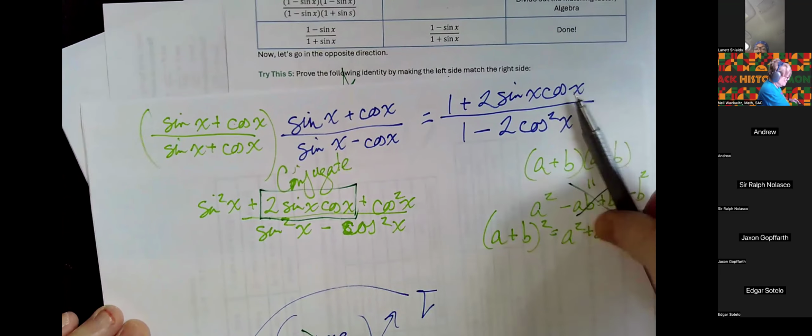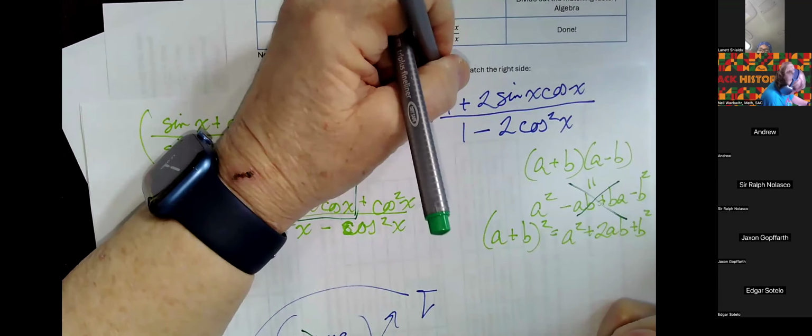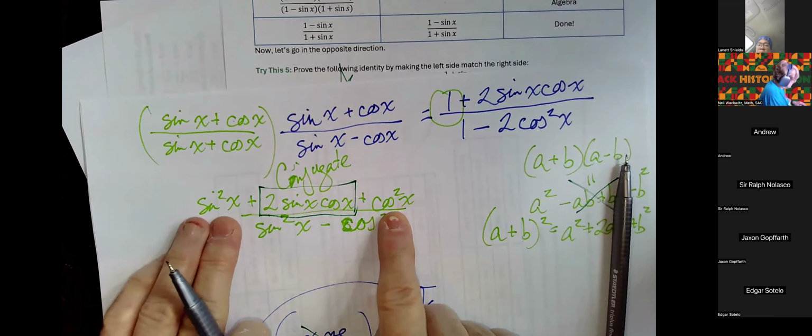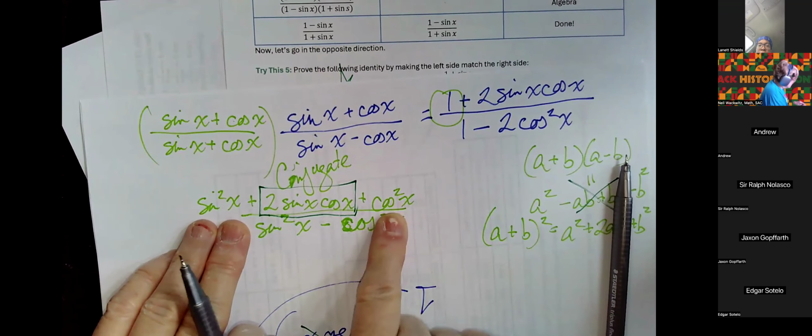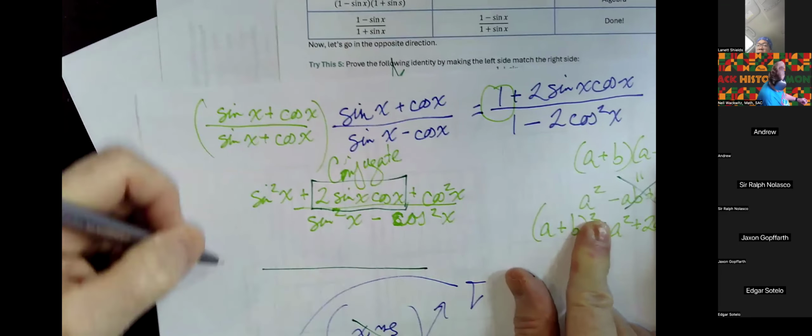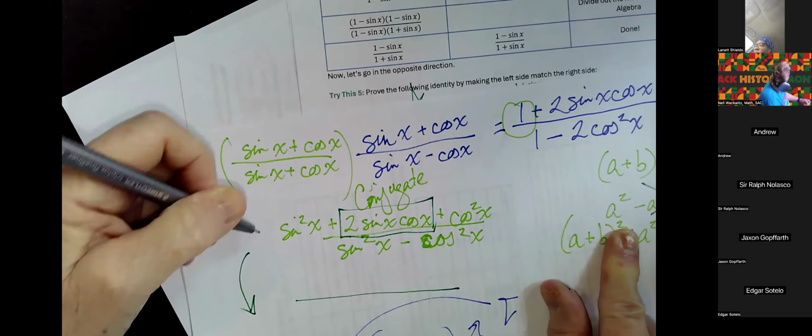A 1, but we have what instead? Sine squared and cosine squared. Yeah. What is sine squared x plus cosine squared x? 1. Yes. So using a Pythagorean identity,